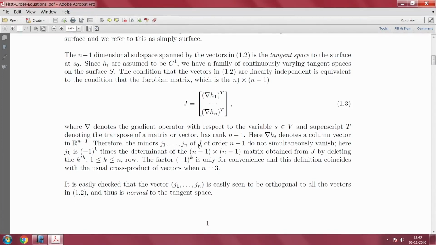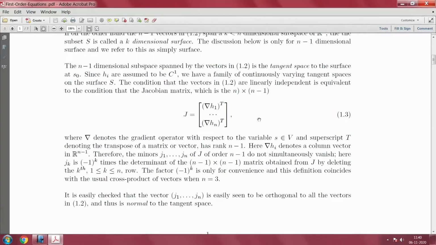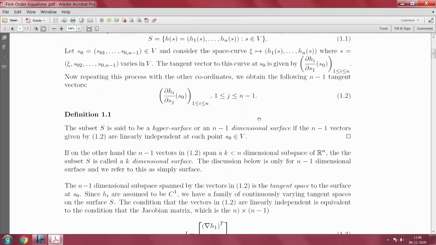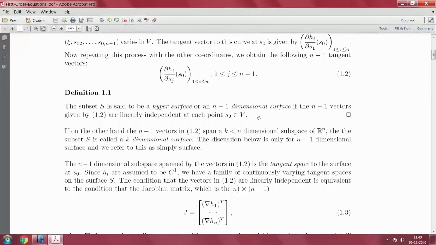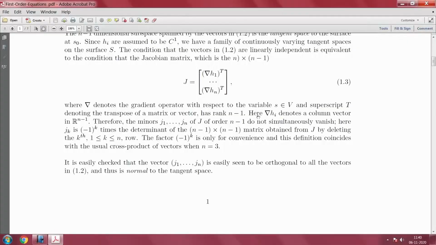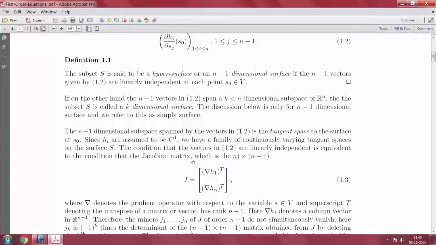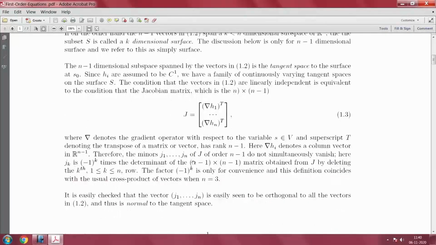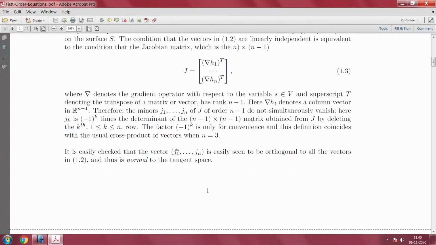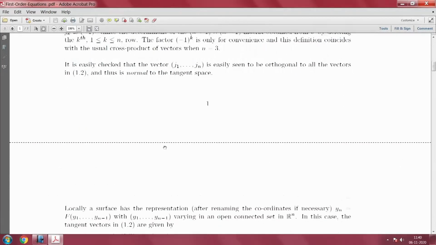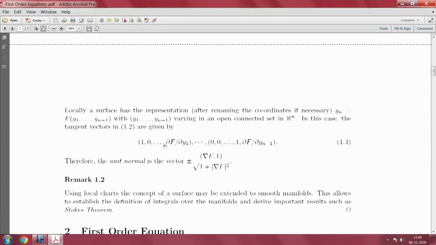So, everything is local. For example, you take the case of n equal to 3 and work it out, and this j 1, j 2, j 3 can be expressed as the usual cross product of vectors in R 3. So, the determinants precisely come to be cross products. So, once that is done,